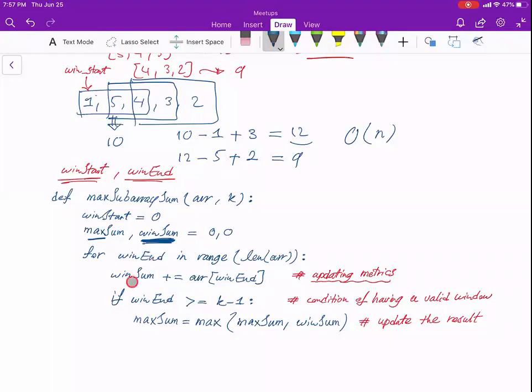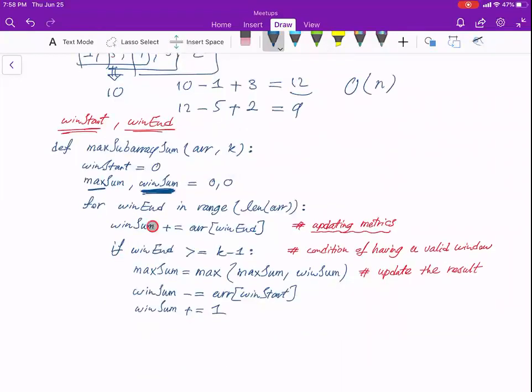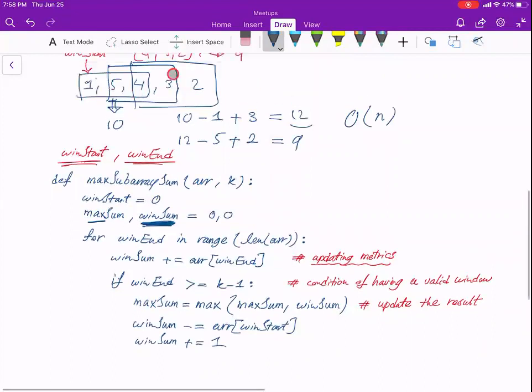decrease window sum by the value at window start. So that's why first I need to write window sum should be decreased by the array at window start, because we want to shrink it. We need to update window sum, and then we have to shrink it by increasing window start by 1. So we shrink it, and the next round window end will go one more forward, will be here, and again